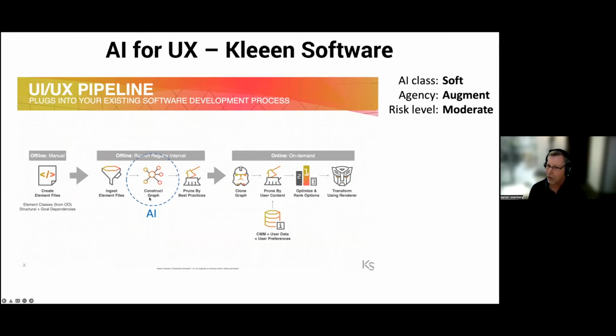bunch of knowledge graphs. Some of the knowledge graphs are about the relationships of the data. Some of them are about the semantics of user experience design. And whenever you see words like construct graph and then prune the graph to figure out what piece of the recommendation it's going to use, this is all kind of different parts of AI. And there's multiple types of AI in this solution in order to generate user experience.